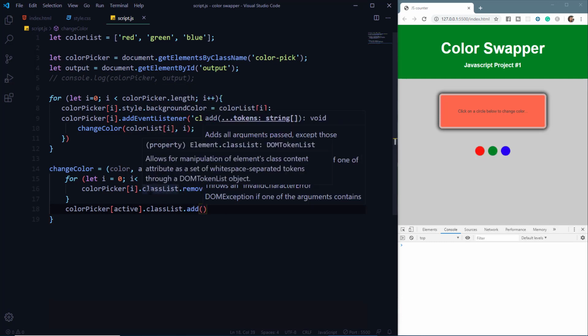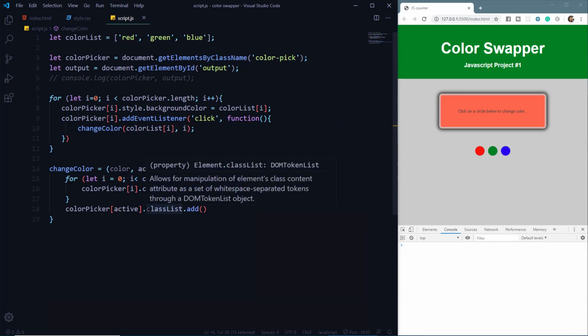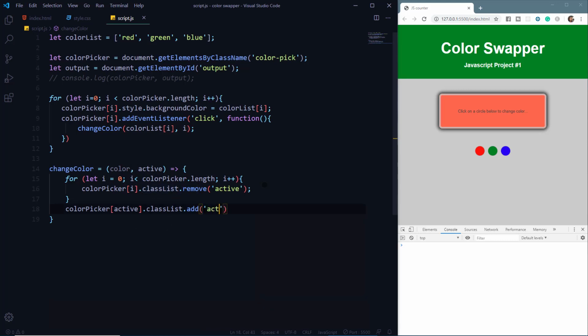So this classList.remove and classList.add are the JavaScript methods which you can use to add and remove a class dynamically. I hope you got that.